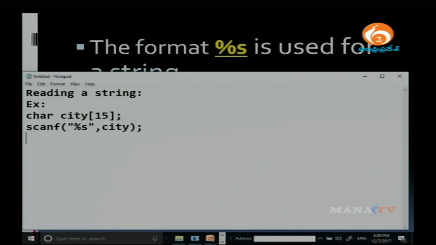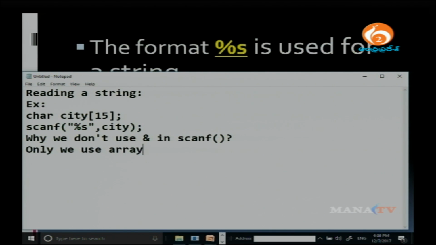Why do we not use ampersand in scanf? Because we only use the array name, that is the string name, the string variable,